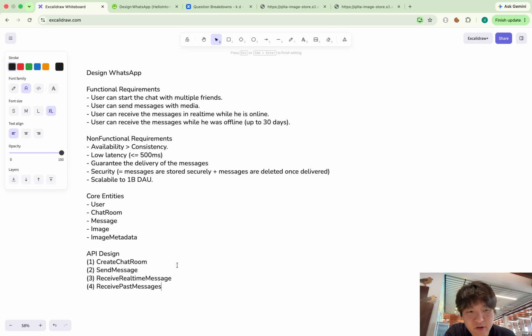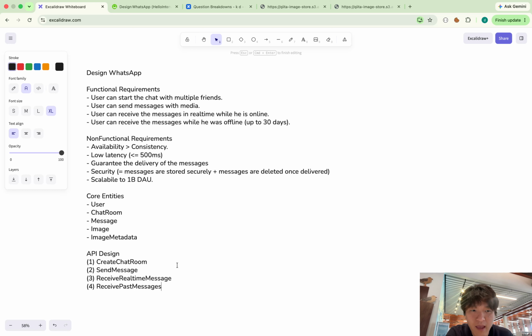But there is another option here. The second option is user sends the message to our server, and then we return the S3 URL for the user to upload the image. And then in the second hop, user sends the image with that URL. So that's the second option.